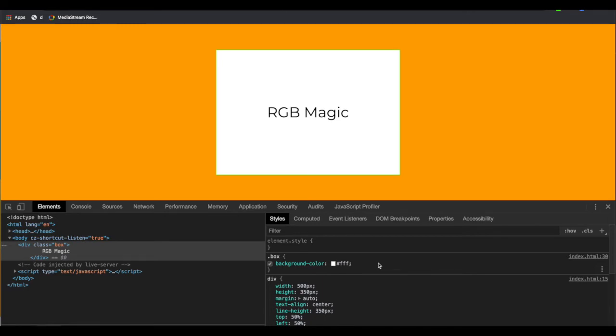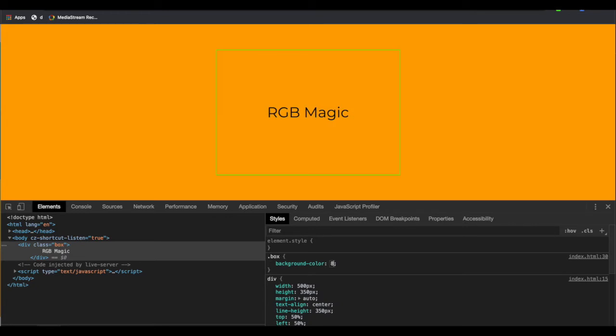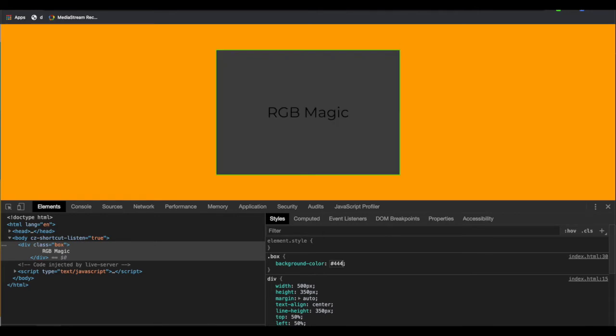Now what about other colors? If all three digits are the same, that color falls onto the grayscale. If you write 888, that will be a gray color. The lighter you want to make it, the greater values you can give, like CCC, which is a light gray, and for darker you can give 444, which is dark. Getting close to 0 0 0 makes it dark, and getting close to FFF makes it light. So if all three digits are the same, the color will for sure be gray, black or white. That will be the only case.